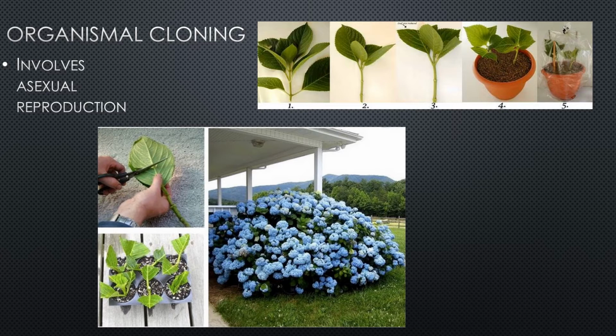In fact, you may have done this yourself. I have, for instance, with hydrangeas. I can produce a whole new hydrangea plant by just taking a portion of the mature hydrangea plant that I have in my yard. And the way I do that is I take a clipping and I can take off the leaves and I bury the part of the stem right here into a pot, and it will begin to grow roots and create an entirely new organism. So the way that that is accomplished, because as you know, this shoot right here doesn't have roots already.